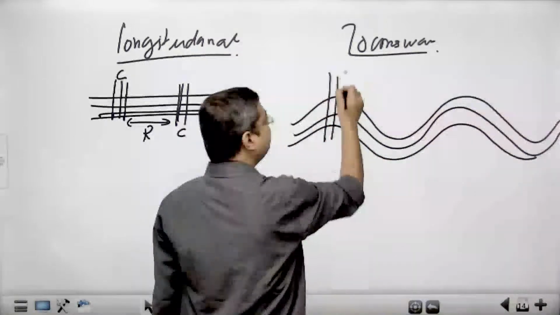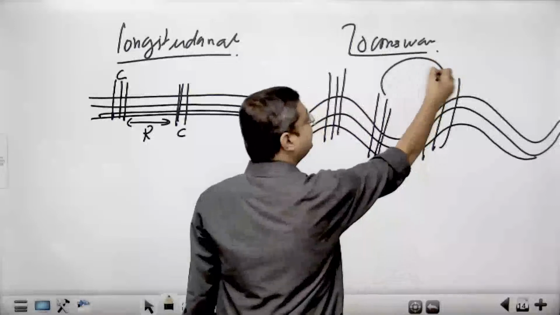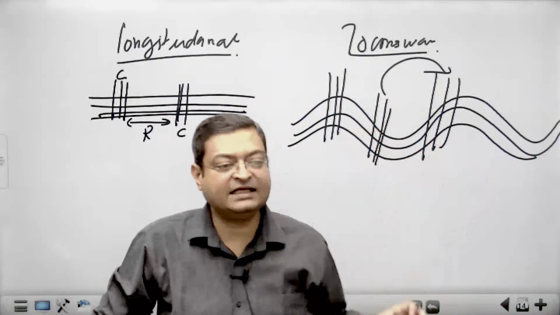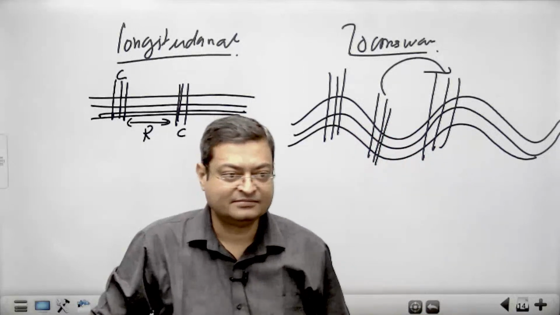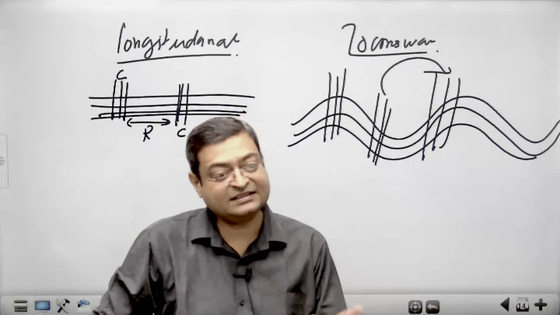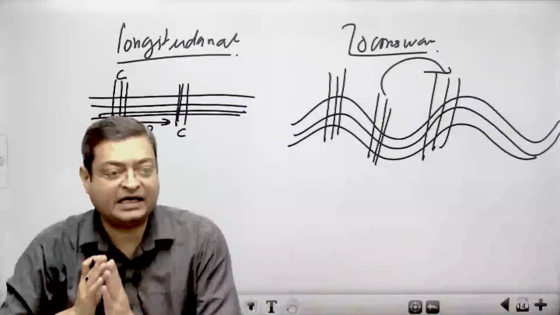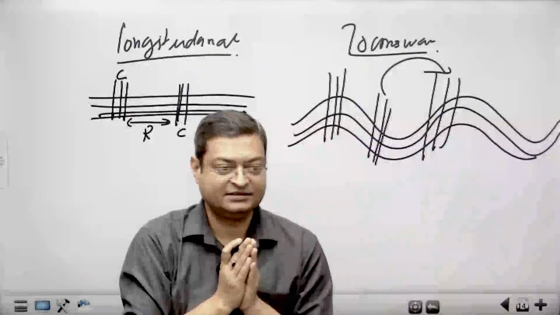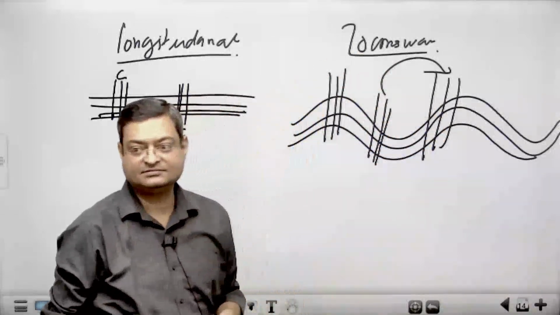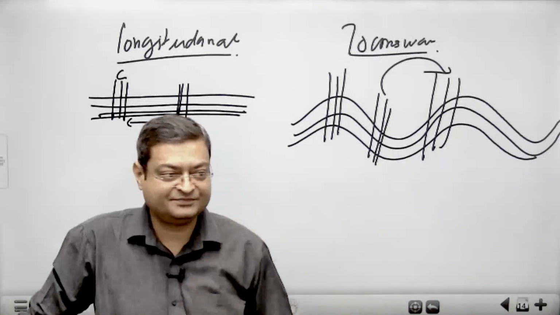In a transverse wave, the waves are going to transfer their energy. For example, between the sun and the earth, there is a vacuum. Then how are we receiving this sunlight? So it is a transfer. They just immediately transfer the energy. The particle does not move towards it. And the movement is always perpendicular to the direction. That's why I have drawn it like this. So these are the two types of wave.